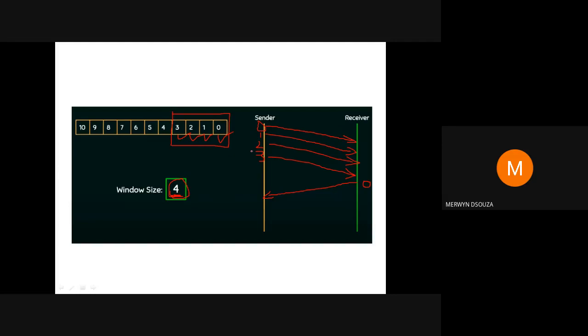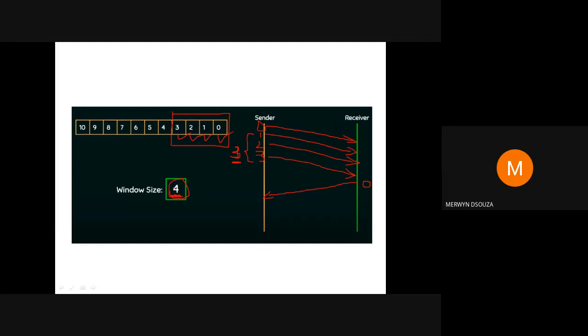So if you see here, okay, the sender is waiting for 3 packets' acknowledgement. Okay, packet 1, it has not got the acknowledgement. Similarly, it has not got the acknowledgement for packet 2 and packet 3. Okay, so it is now waiting for 3 packets whose acknowledgement has not yet come. Okay, now when you look at this number 3 and compare it with this window size 4, what does this tell you? That the sender can send one more packet.